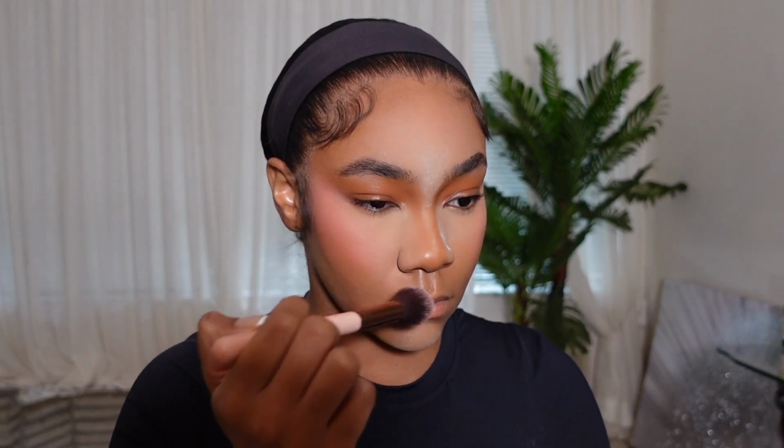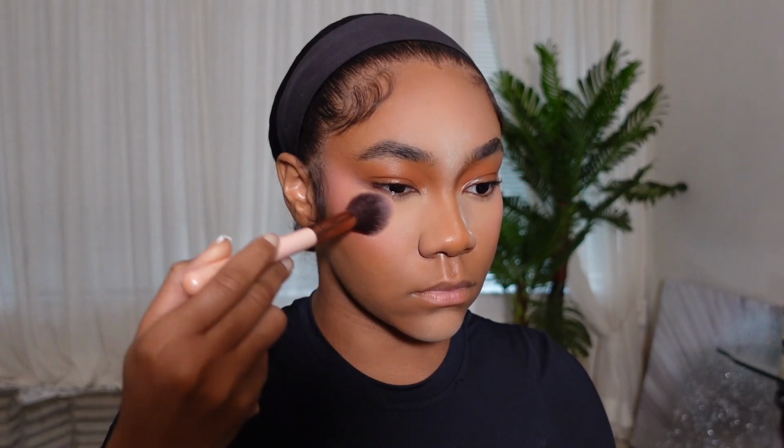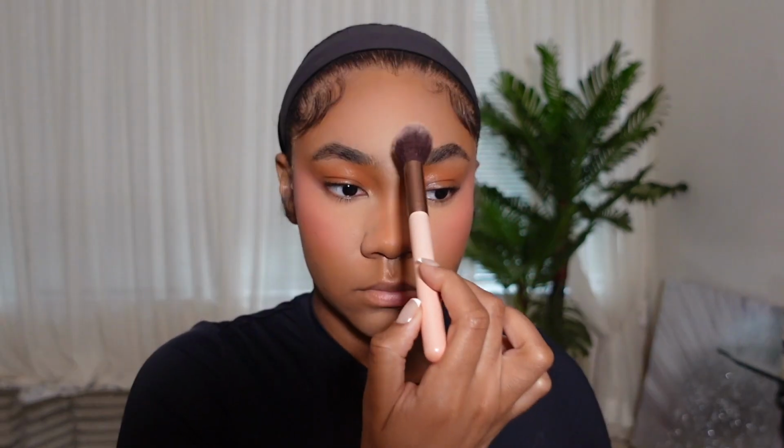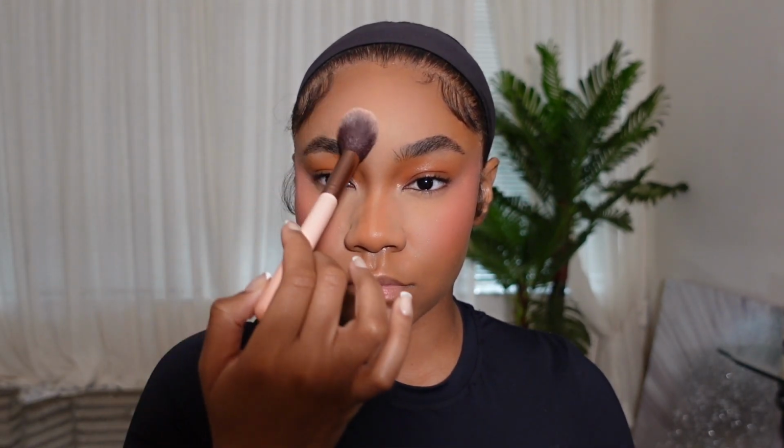I'm using this same brush to press in that Ben Nye loose powder under my eye. I press it in completely and then I swipe away the excess, and that is how I've been doing my blush lately. I've been obsessed with blush for like forever now, but this technique is just the cherry on top. I take that same blush brush and I press in my powder and swipe it away everywhere else on my face,